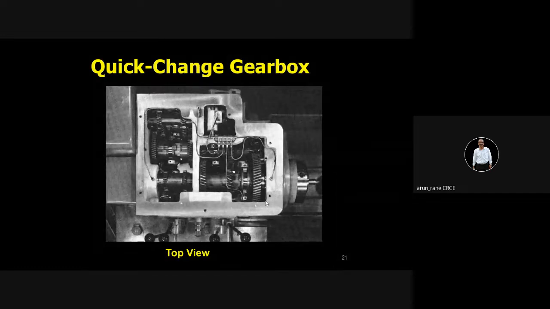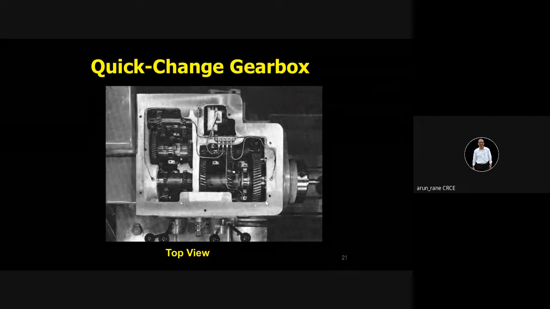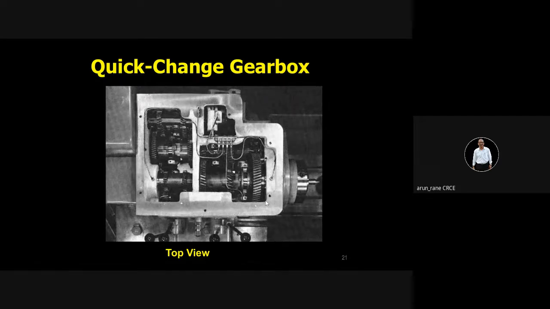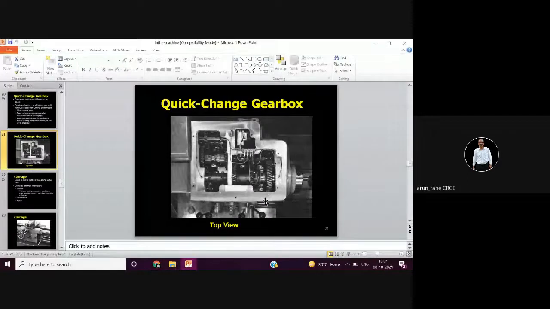In case of a manual machine, every 2 hours or every 4 hours, the maintenance people will come during the tea break, breakfast break, or lunch, and do oiling, greasing, lubrication. The purpose is to increase the life of the machine.